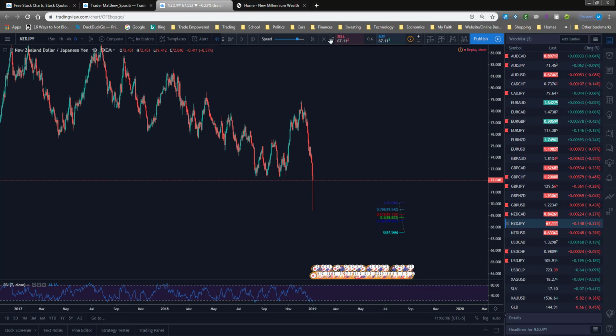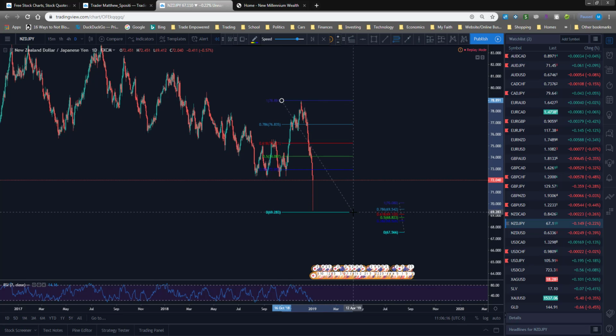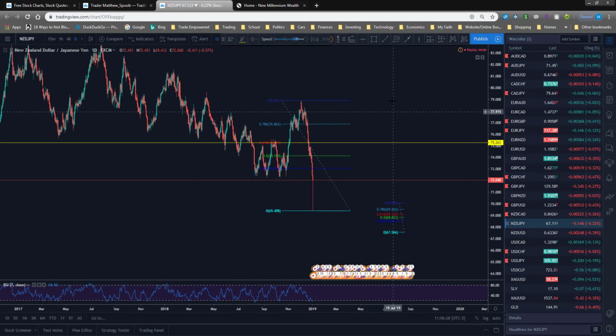So what I would do personally is use the Fibonacci retracement tool from swing high to swing low. I try to line it up as best I can with the actual line. Okay, there we are. I would put my entry level here, and I would put my